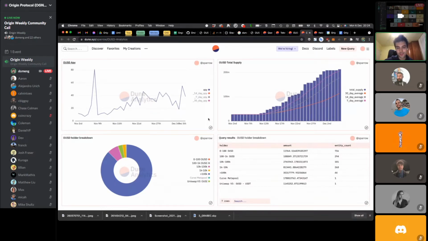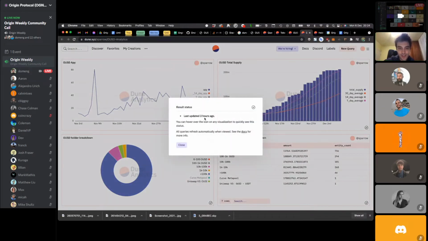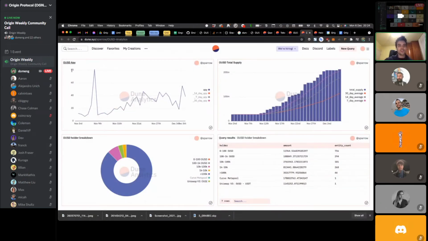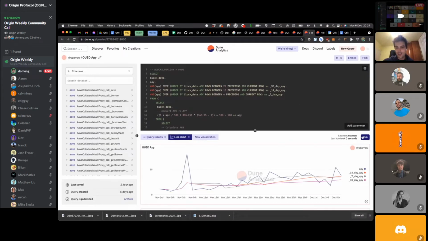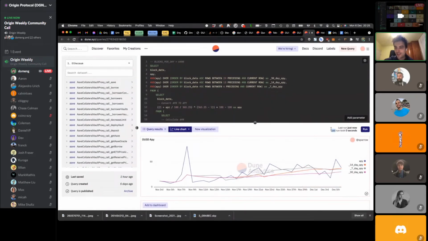later last week and over the weekend. Currently what's available in the dashboard, and the cool part about this is that it's all real-time data, right? So if you want to refresh it, it says last updated 3 hours ago. I haven't figured out yet how often it refreshes, but you can just open this specific query, for example, and run it. This one, for example, is an easy one, APY, and it's almost instant.